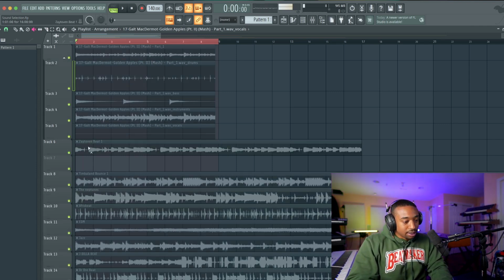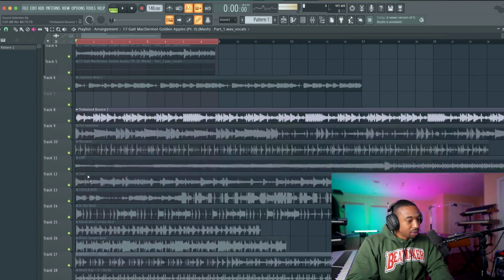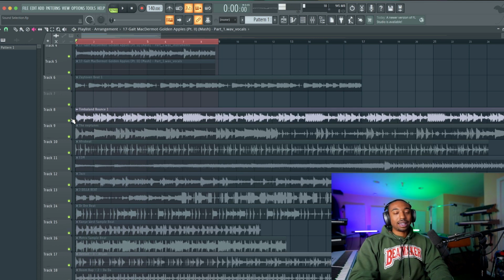So now let's break down this next song. This one's from a Timbaland style track we made. So the bass is really the kick drum because it has an extended body to the bass.